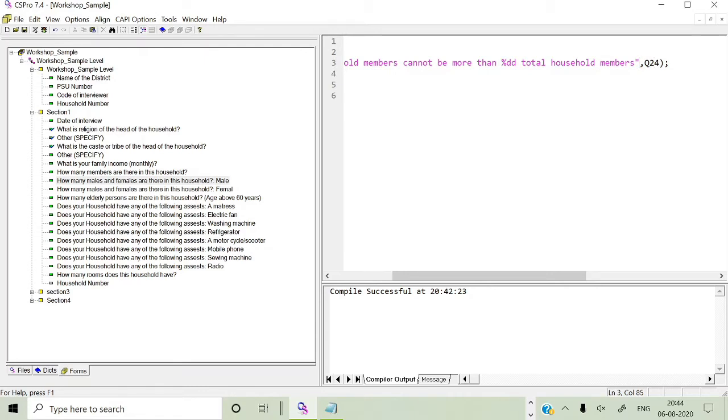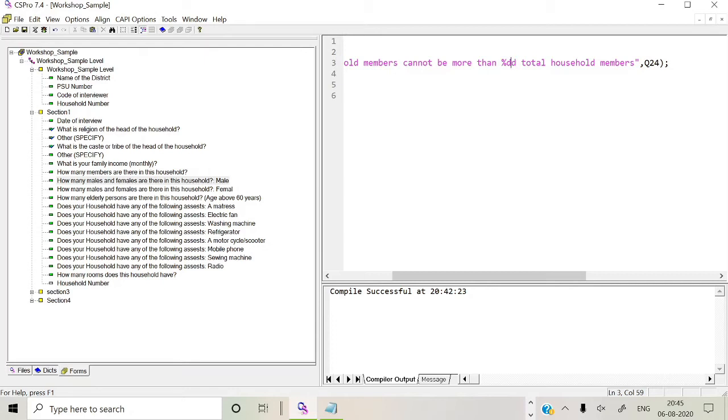DD is used whenever you are declaring a numeric variable, and you declare DD according to the digits. The total household members is 2 digits, so accordingly I have mentioned 2 digits. If this is 3 digits, I will declare 3 digits. Or if it is a single digit, then according to the display and the length of the variable that I require, you have to declare the DD and so on.